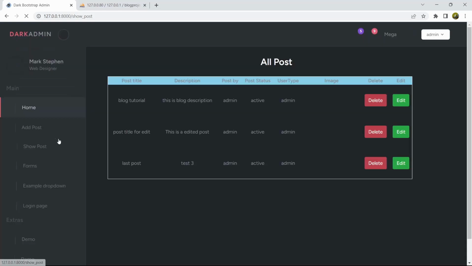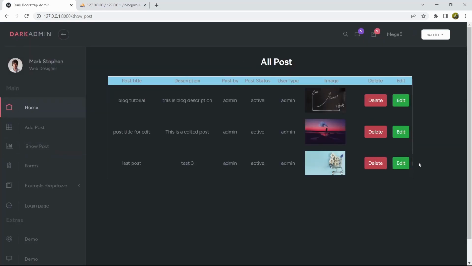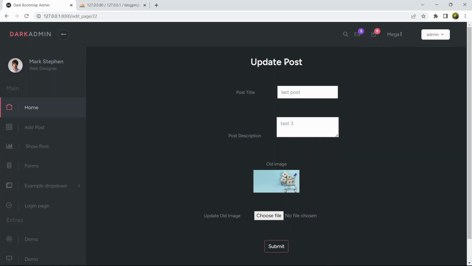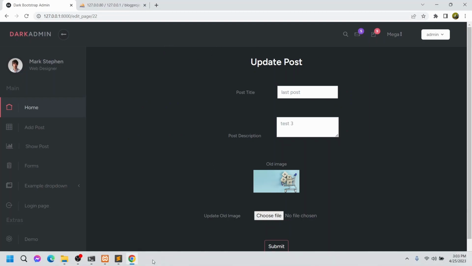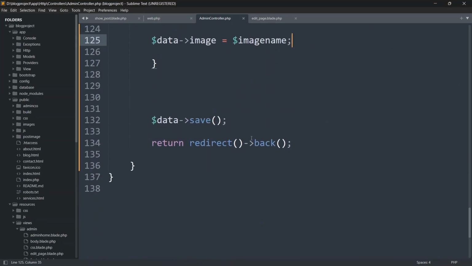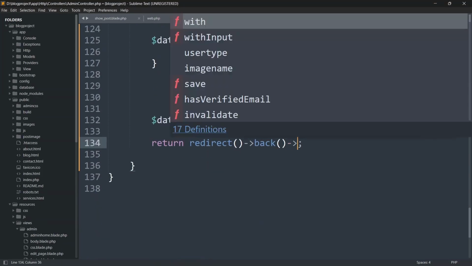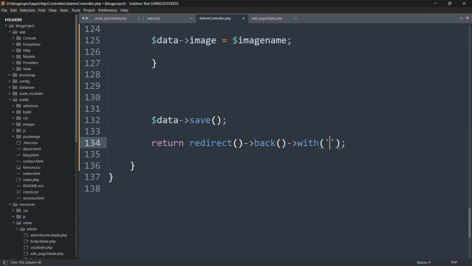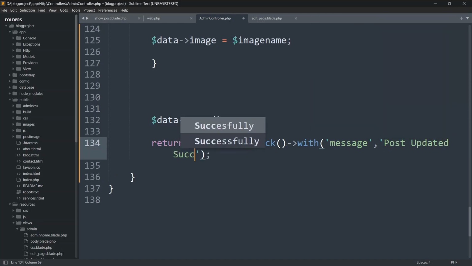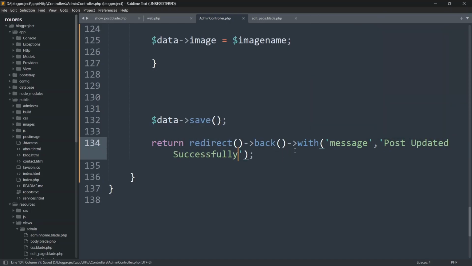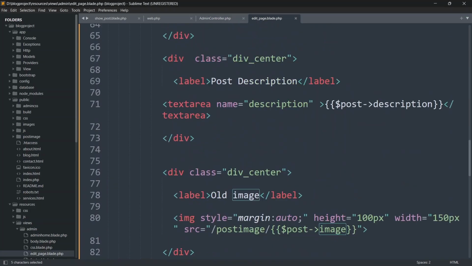Okay, one more thing that we should do is that after updating the data, we'll show a notification that the data is updated, just like before. So for it, after saving the data, we'll say return redirect back, then with, we'll say message, then comma, again 2 single quotation marks, and let's say here post updated successfully. Let's save this, and we need to catch this message in the edit page. So here at the top,